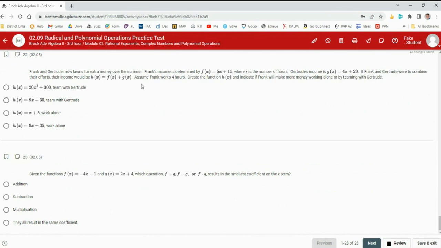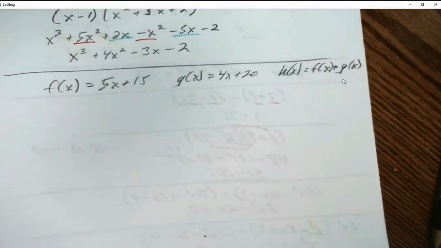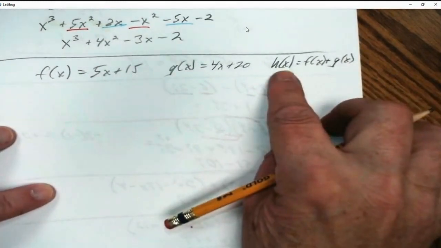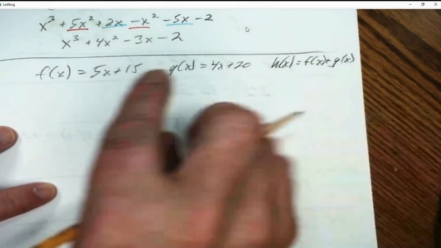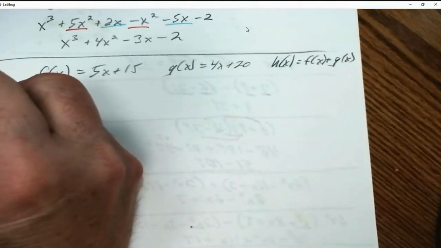So let's assume Frank's going to work 4 hours. We're going to create h of x, which is f of x plus g of x, and see, will Frank make more money working alone or by teaming up with Gertrude? If he works 4 hours, is he better off doing that by himself or with Gertrude? All right, so here's the problem. We need to create an h of x to see how much money Frank would earn there. We know if he works 4 hours by himself,